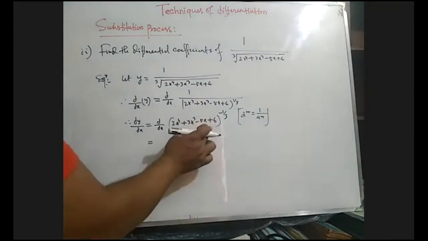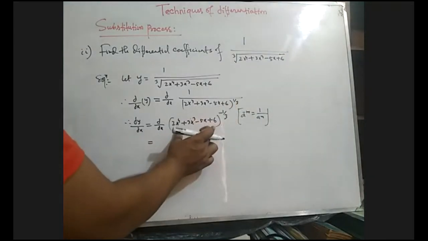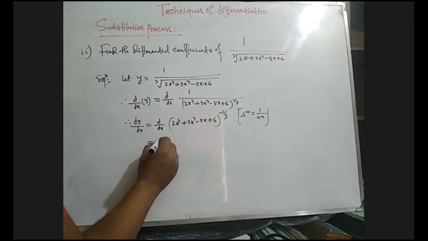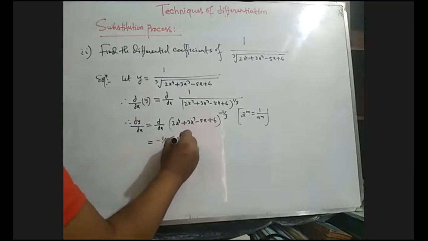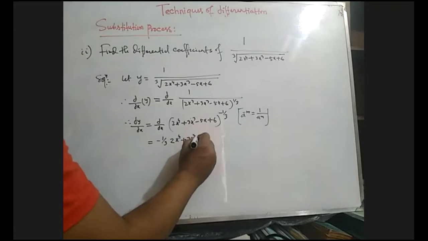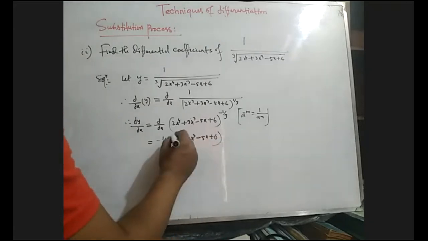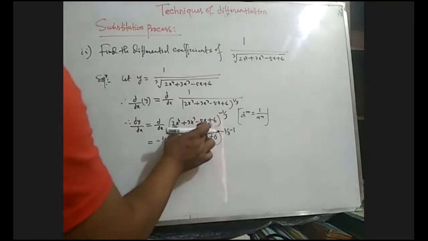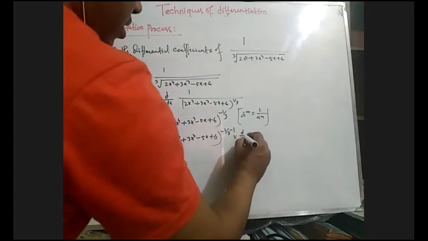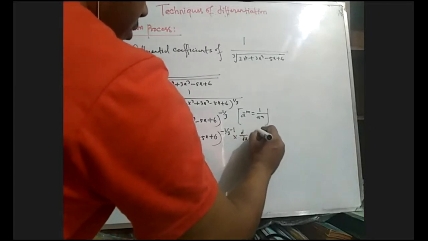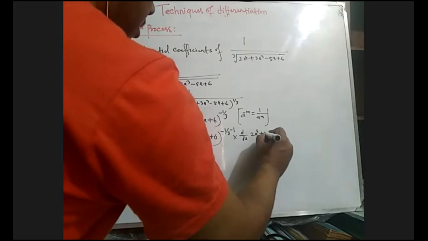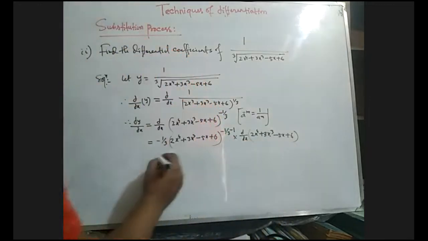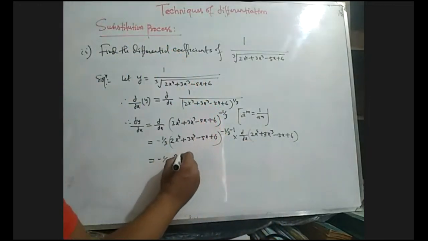So now, x to the power n. Considering this x and the power is n, we can write the power rule: n into x to the power n minus 1. But this is not the actual x, this is why we have to differentiate the function again. Okay. So minus 1 by 3,